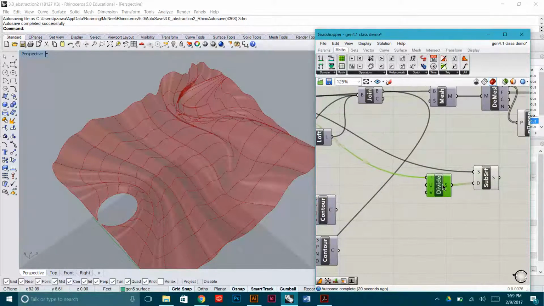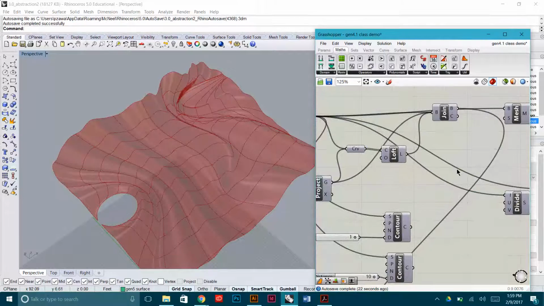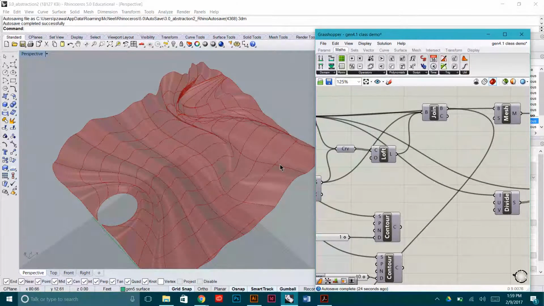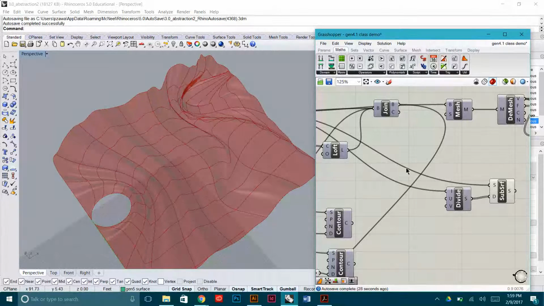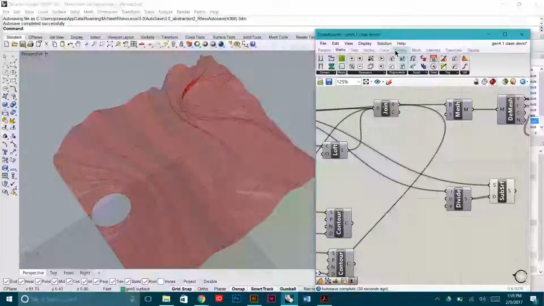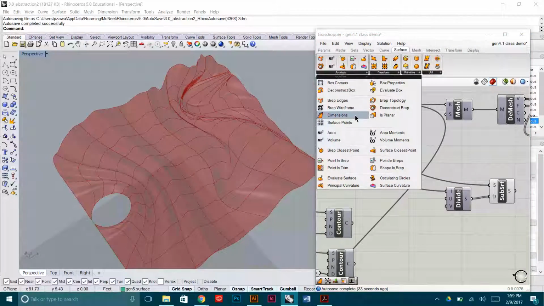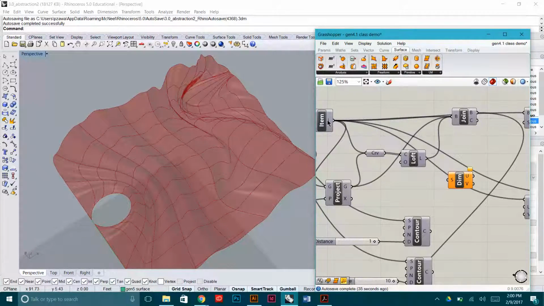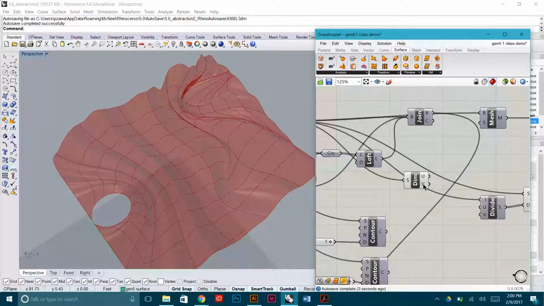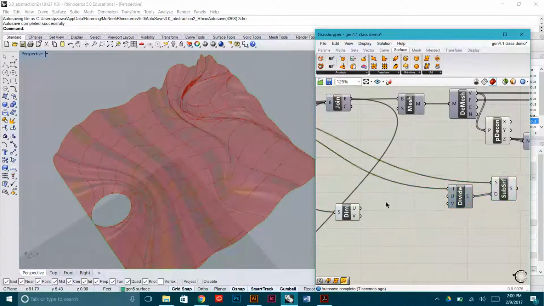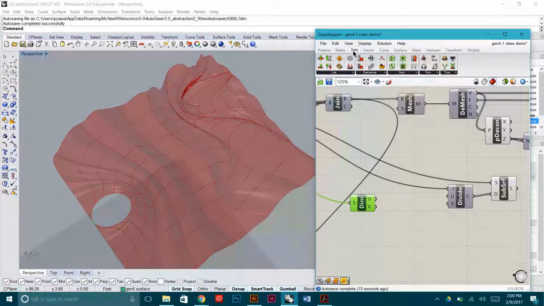Right now, you just divide it by certain increments. In this case, maybe I want these cells to be a certain size. So if I go to Surface to find the dimensions, I can see that it's 244 by 112. If I want these to be spaced maybe every 5 feet or so, I can do a little math operation